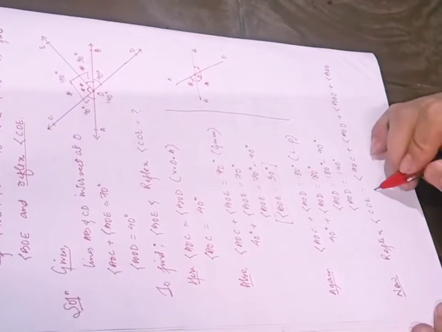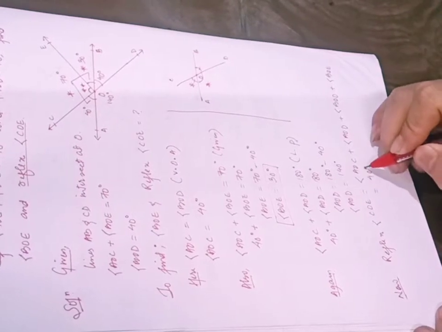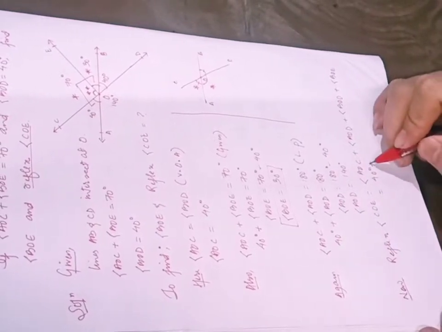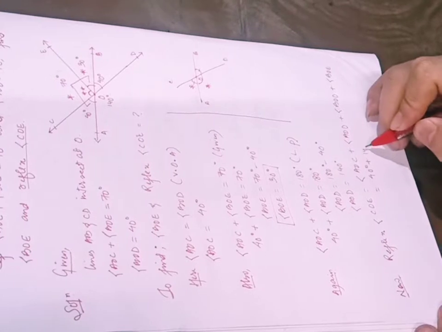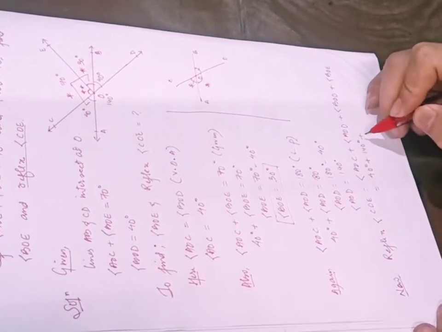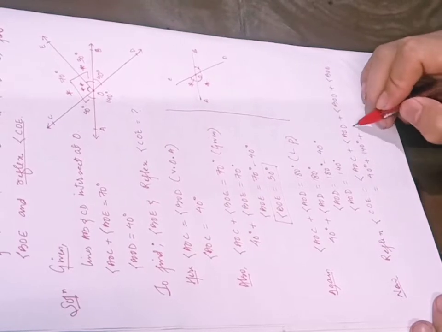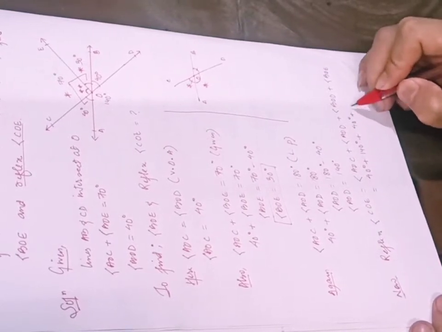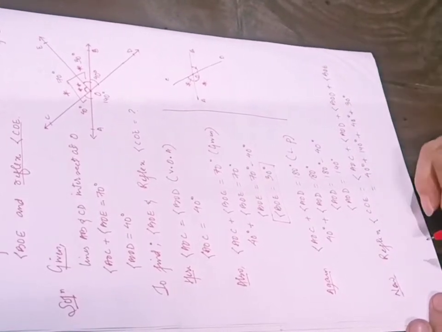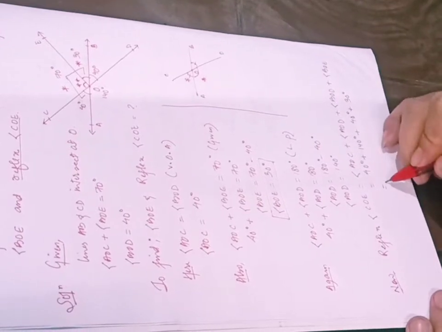Is it okay? So this gives us AOC is 40 degree, correct, plus AOD is 140 degree plus angle BOD. BOD is again 40 degree plus angle BOE is 30 degree, right? So this will give us